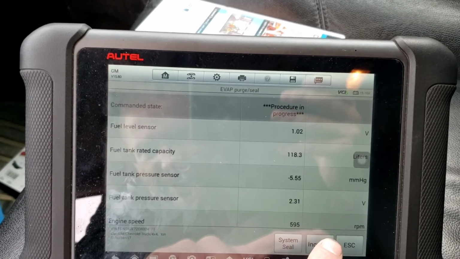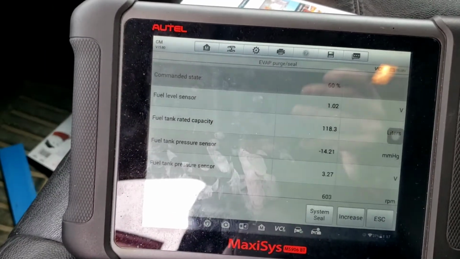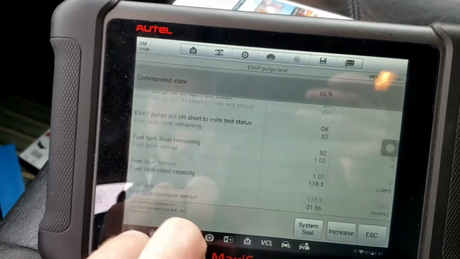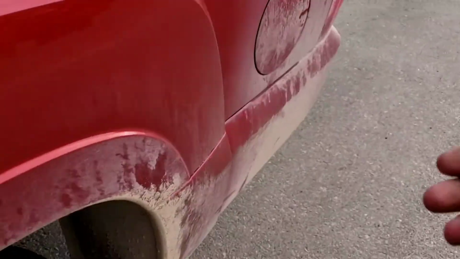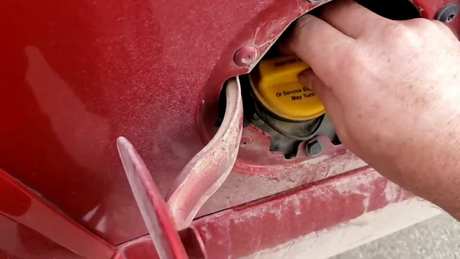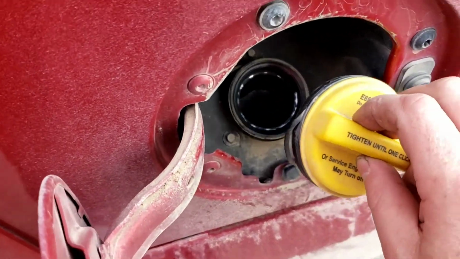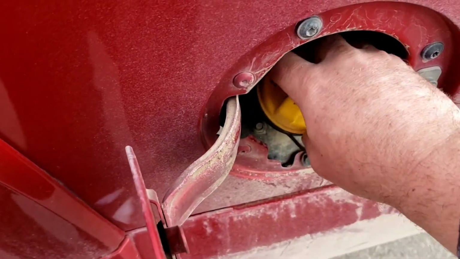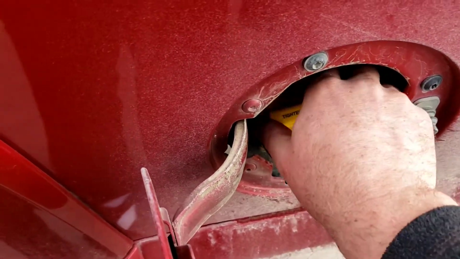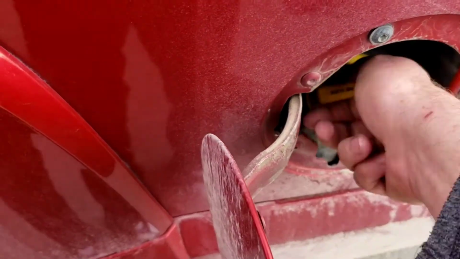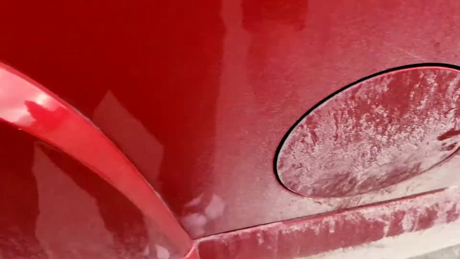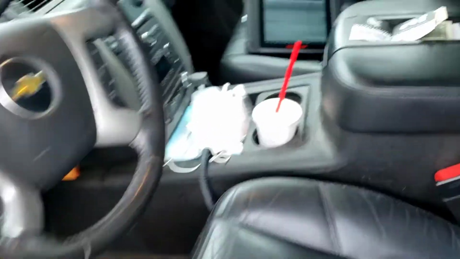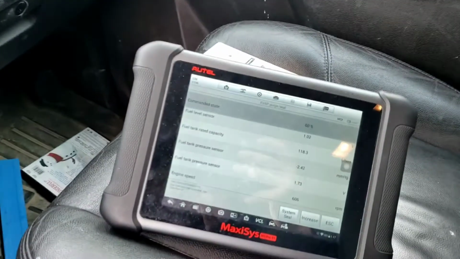Let's get negative again. Get way negative. Not venting, venting. So it's negative there. You're going to listen for a big swoosh. And I could hear it. I don't know if you can hear it in the video. Basically what that tells me is, click, good. What that tells me is at least it's pulling vacuum, because if it wasn't pulling vacuum, that means